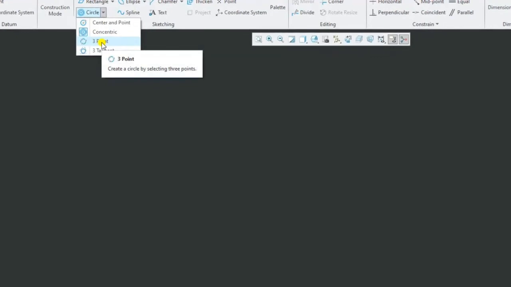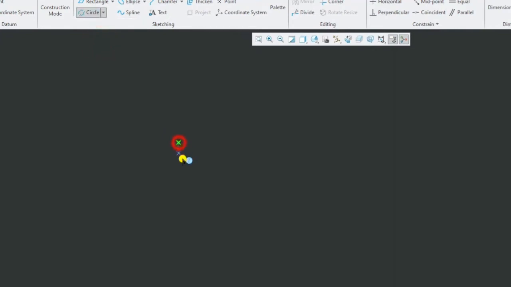We need 3 points to create a circle. So first point anywhere, second point, and then the third point. If the 2 points are fixed, you can go anywhere with the third, just move the mouse, whatever you wish, and you can press it. So 3-point circles require 3 points to make a circle.